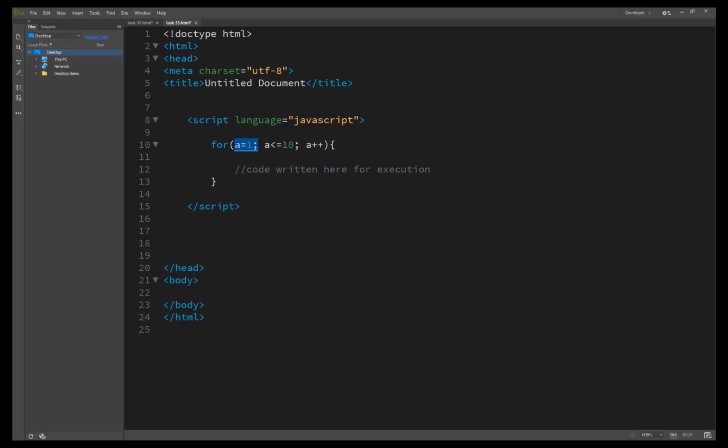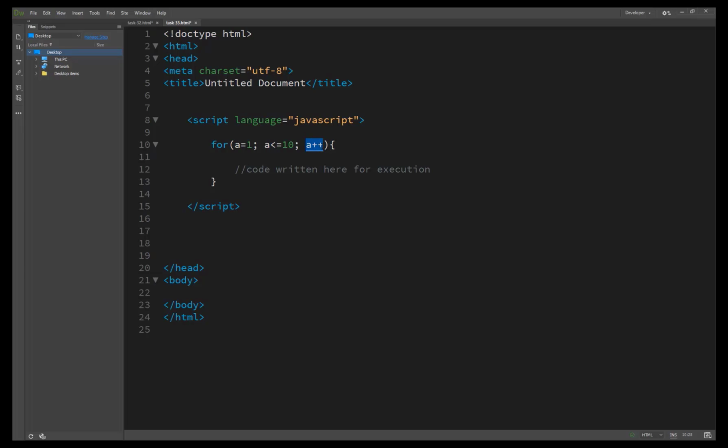The second part specifies the condition that the index variable must meet for the next iteration of the loop to occur. This test occurs before each iteration of the loop, including the first. It's a condition check, and the loop runs as long as the value is less than or equal to 10.